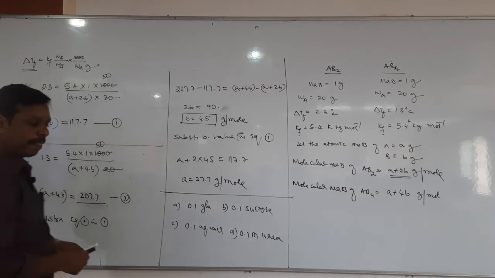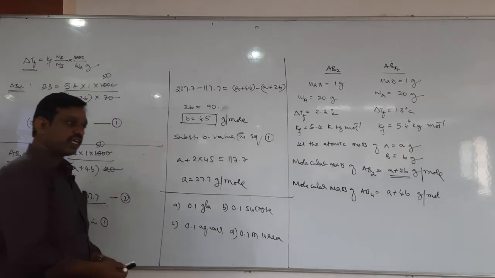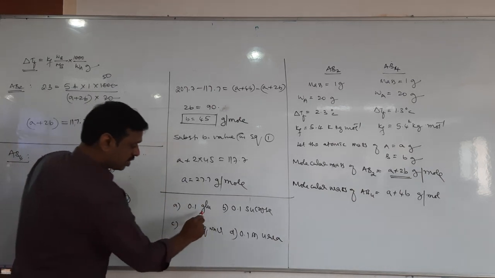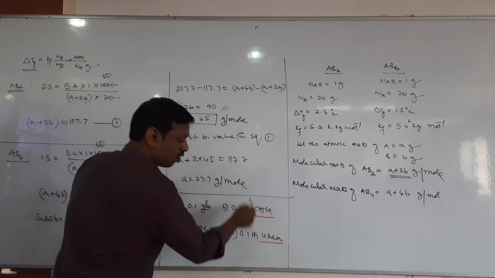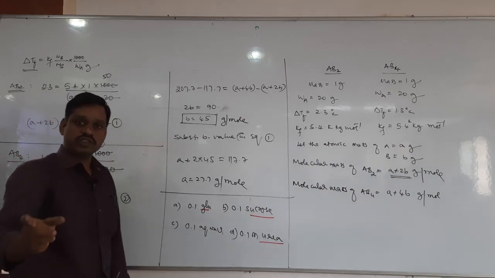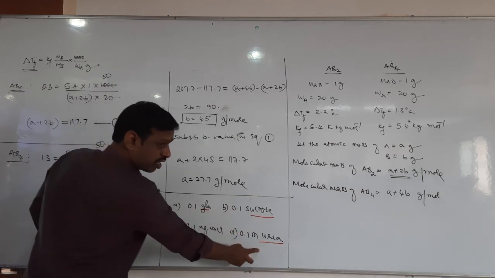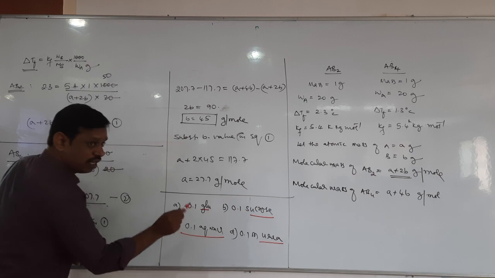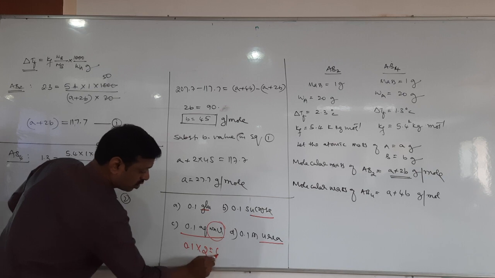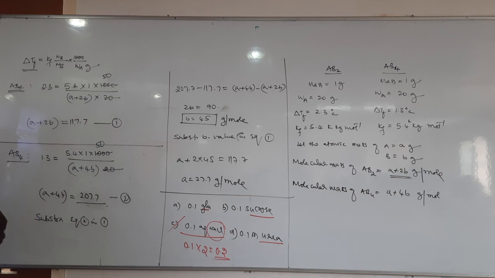NaCl. Why? See, boiling point is directly proportional to particle concentration. Particle concentration is nothing but number of particles multiplied with its concentration. Glucose, sucrose and urea are all non-electrolytes. In case of non-electrolyte, the particle concentration equals solution concentration, 0.1, 0.1 given, whereas in case of NaCl, particle concentration is 0.1 into how many ions? It produces 2 ions, it means 0.2. So therefore, higher the particle concentration, higher the boiling point.